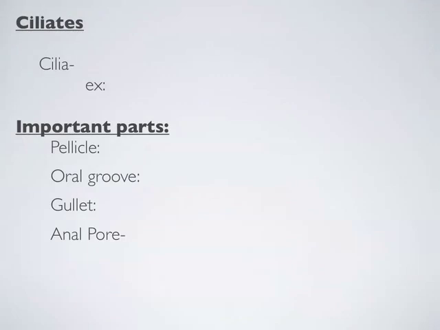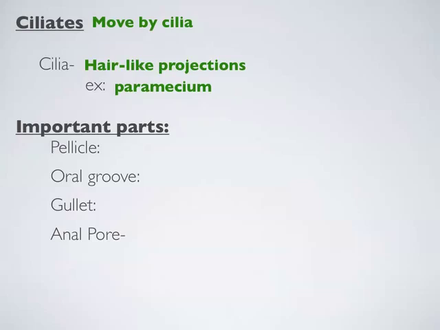All right, we need to talk about two more of these last two types of protists before we're done today. So the ciliates. We just saw the paramecium. That's what just got eaten. Ciliates move using these little hair-like structures called cilia, and they basically paddle through the water, allowing it to swim. The one we'll see next week is Paramecium. And Paramecium are sometimes called slipper shaped. They're shaped sort of like a foot.